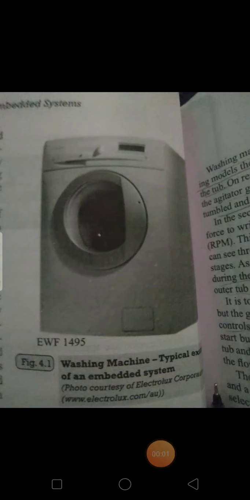Afternoon students, today I am going to take the next topic of the fourth module of embedded system, that is application and domain specific. When you consider the application of embedded system, the first thing we are going to explain is an application specific embedded system design: the washing machine. So the washing machine is a typical example of an embedded system providing external support in home automation appliances. So this is a washing machine, and these are the parts of the washing machine.